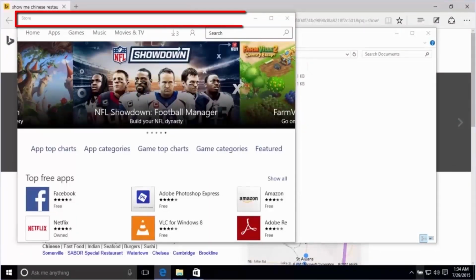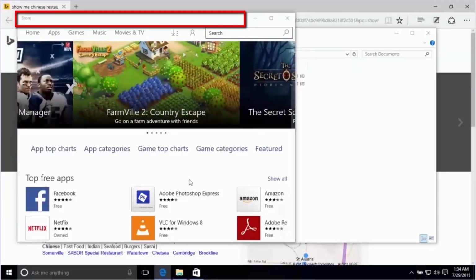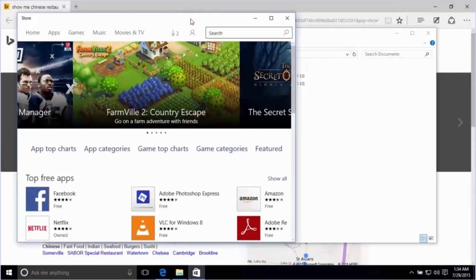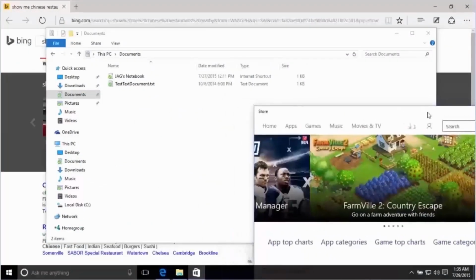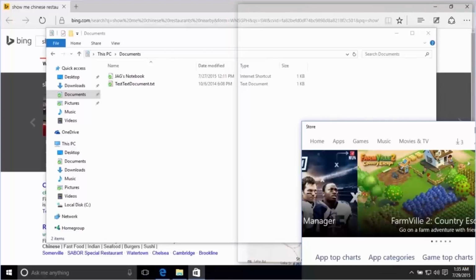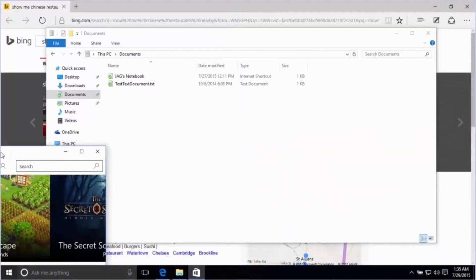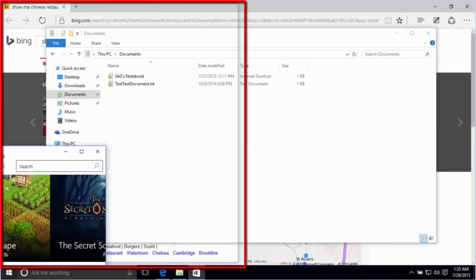select and hold the title bar down on one of the windows. Then drag the window to the middle of either the left or right side of the screen. When the window touches the side of the screen, you will see a gray outline where the window will snap when we release the mouse.